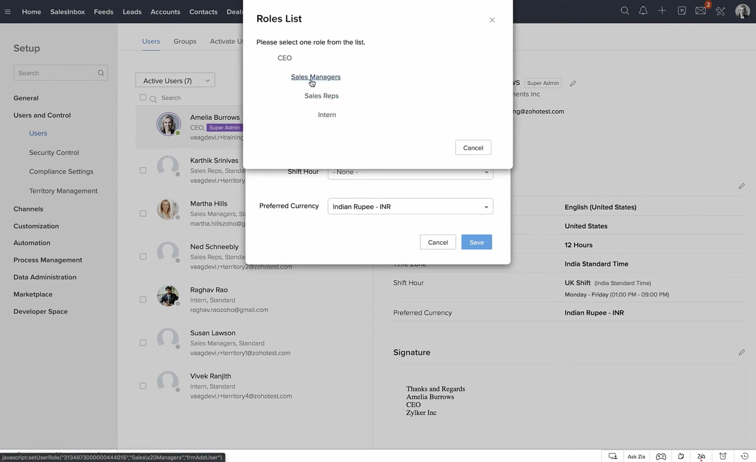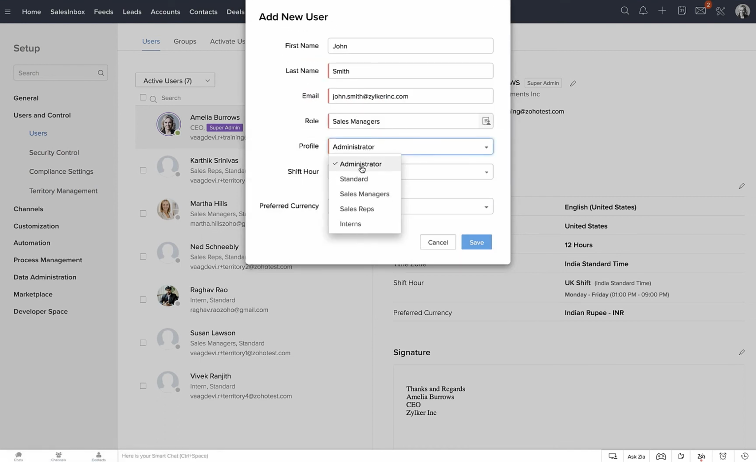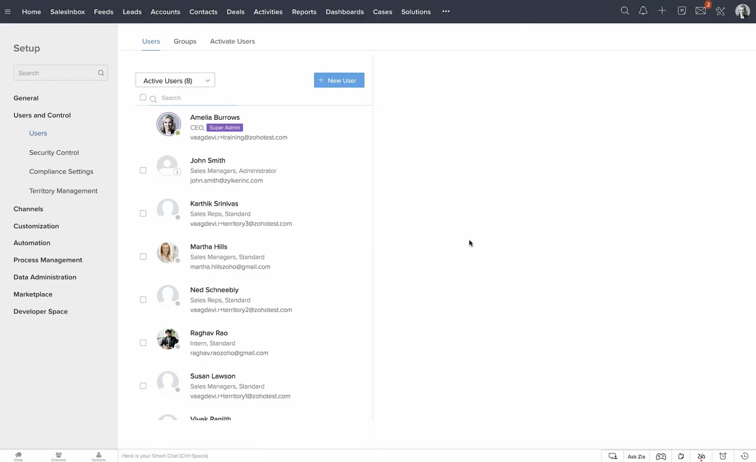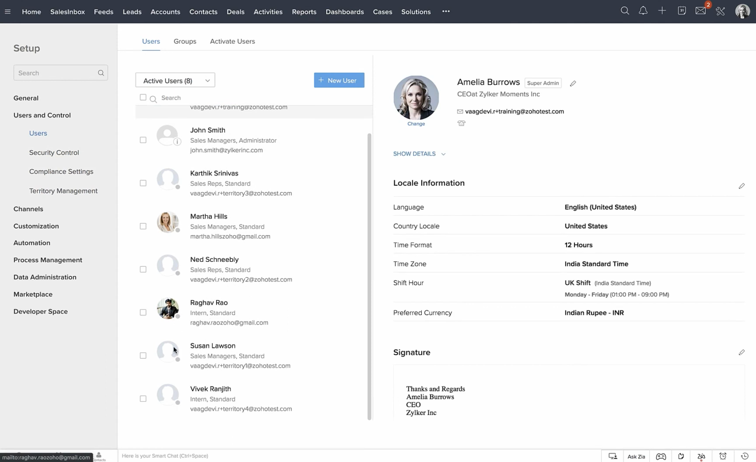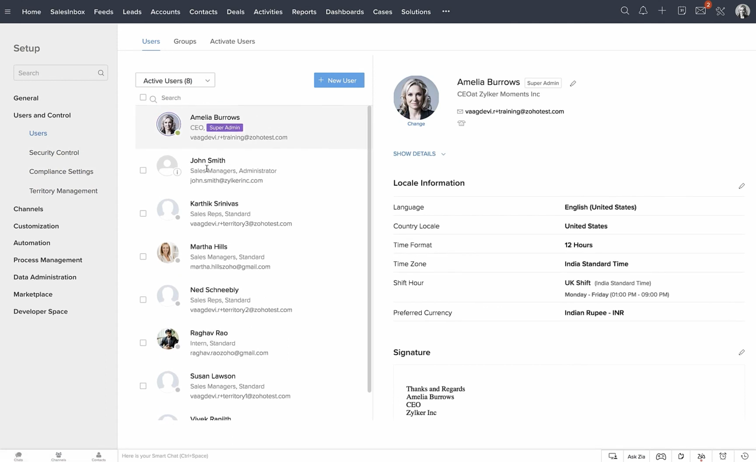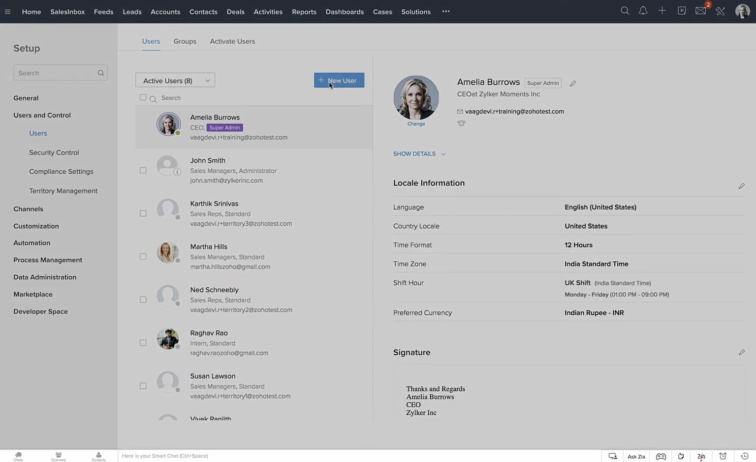Let's say that this person is a sales manager and has the administrator profile. So we will deal with roles and profiles further in this course. Okay, let's save this. Now we have invited an 8th user called John Smith. When John Smith accepts this invitation, this user will become active. Now let's say I invite another user,